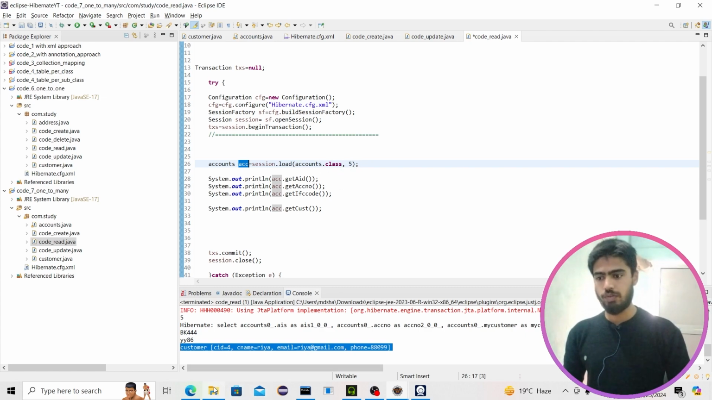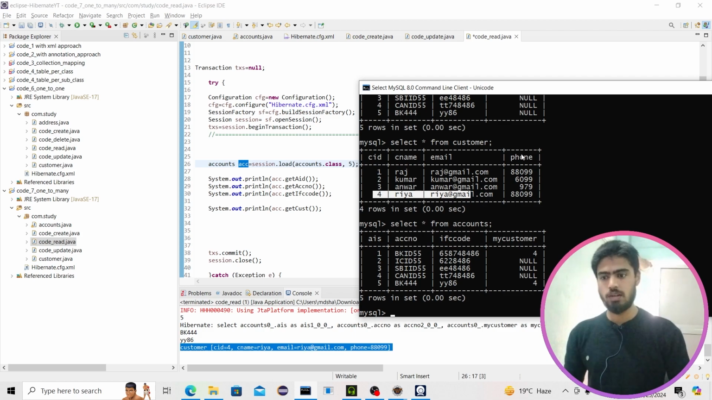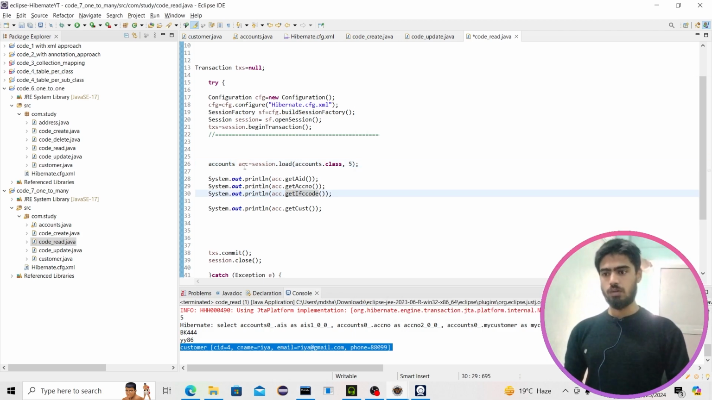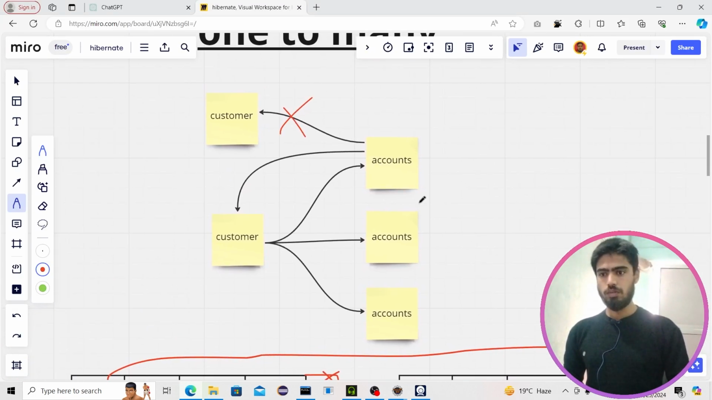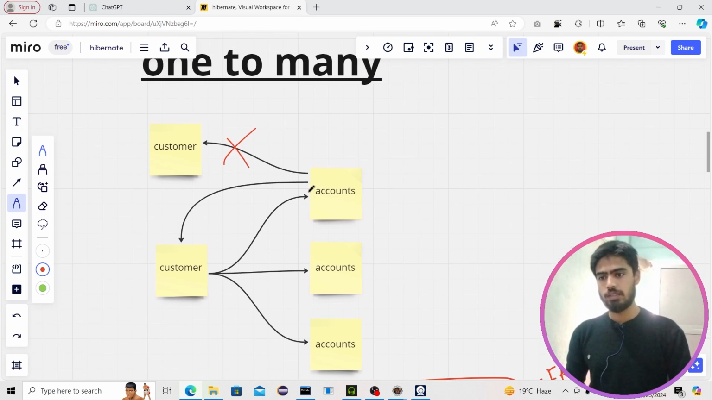We loaded the account 5, and with this account object, right here it is an object, we are getting the customer. So the corresponding customer is Ria. You can see Ria's email. So with the help of the account, from the account side, we are able to get the customer. So what it is right now is unidirectional. We have multiple accounts and a customer, it is unidirectional because